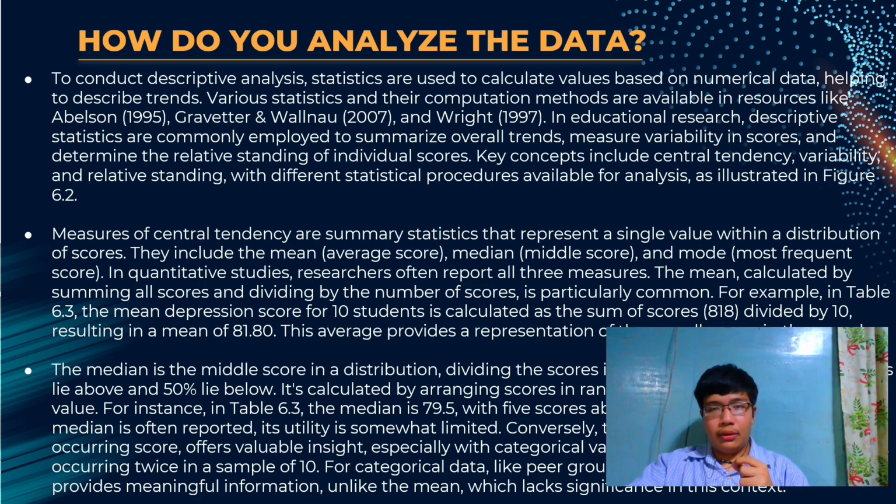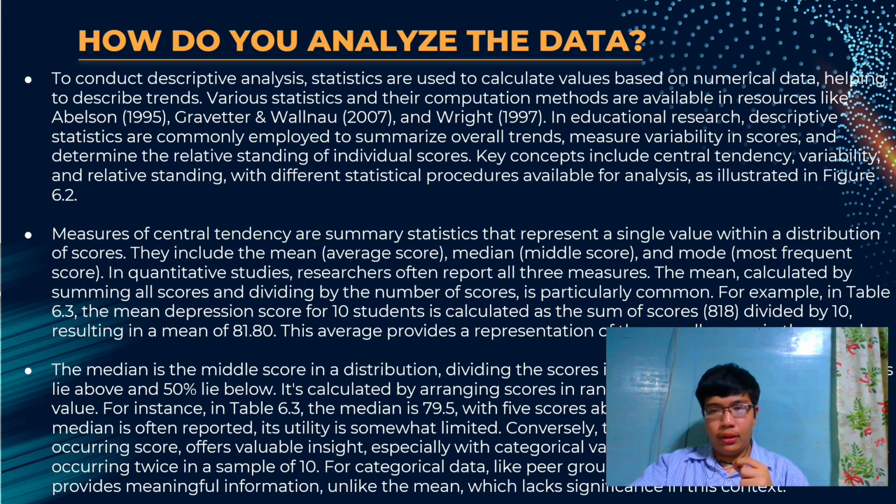The median is the middle score in a distribution, dividing scores into halves, where 50% of scores lie above and 50% lie below. It's calculated by arranging scores in rank order and finding the middle value. For instance, in Table 6.3 again, the median is 79.5, with 5 scores above and 5 below it. While the median is often reported, its utility is somewhat limited. Conversely,